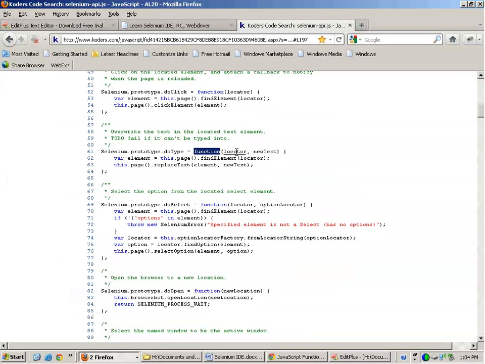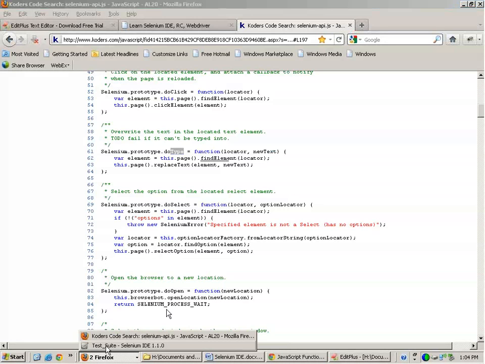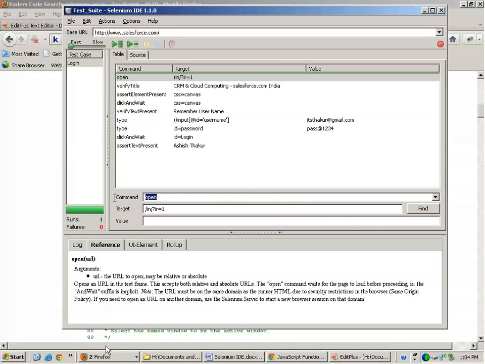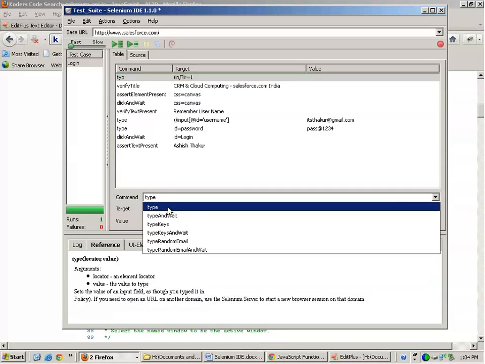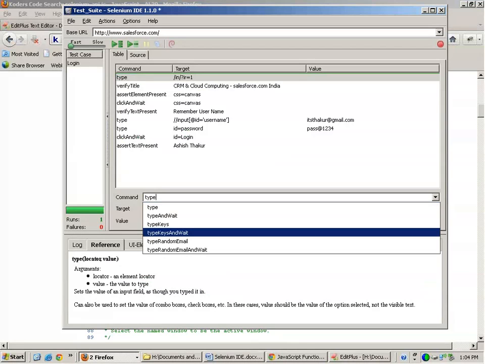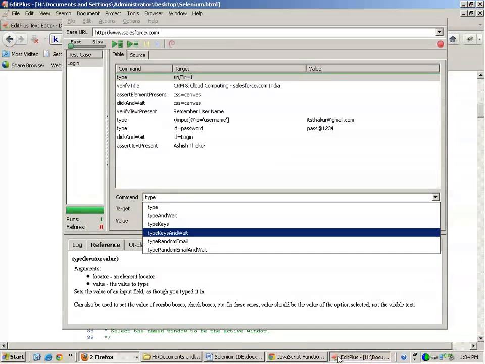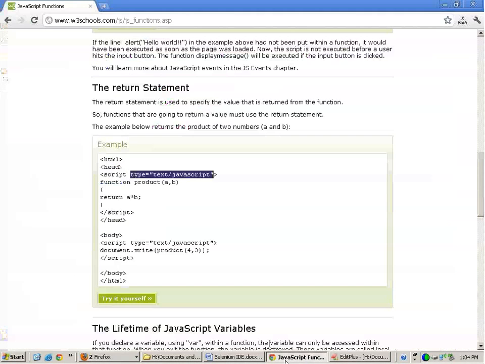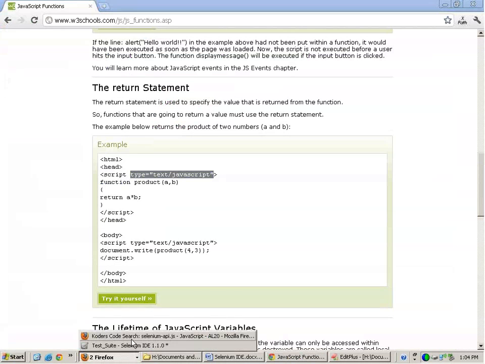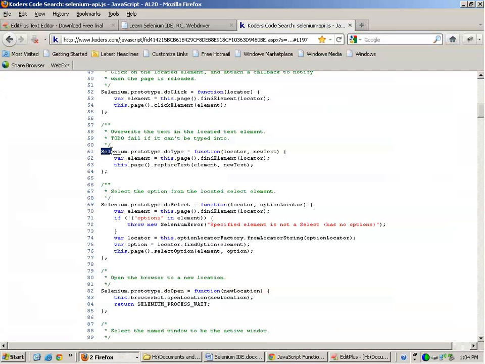selenium.prototype.doType equals to function locator comma new text. What is this line meaning? What does this line mean? This line means that there is a function called type. Type function will come in the drop down of IDE. That is, in this IDE, I have a command called type. This type command is coming because whosoever implemented the core part of IDE, he made this function over here,